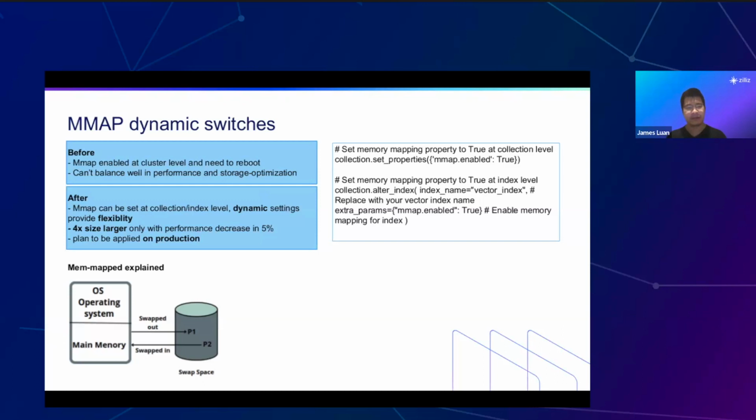It's still going to be searchable. It swaps in and out between the operating system page cache and the disk. It's going to be slower compared to HNSW and the other indexes. But the thing is, you get four times the vectors stored in your vector DB